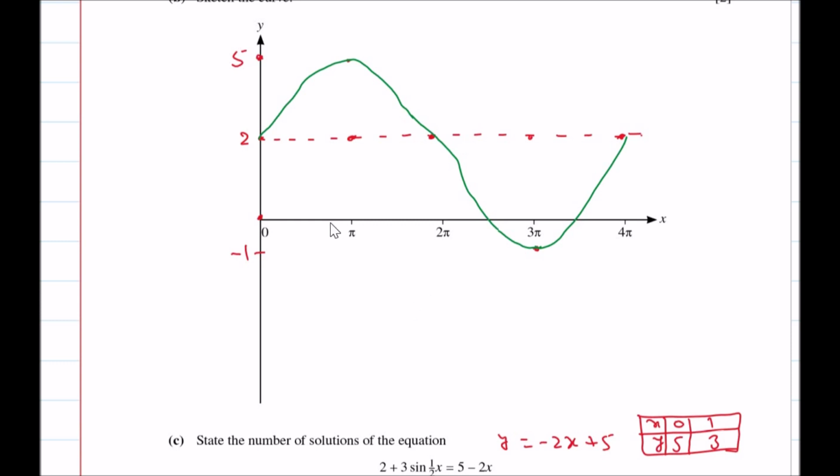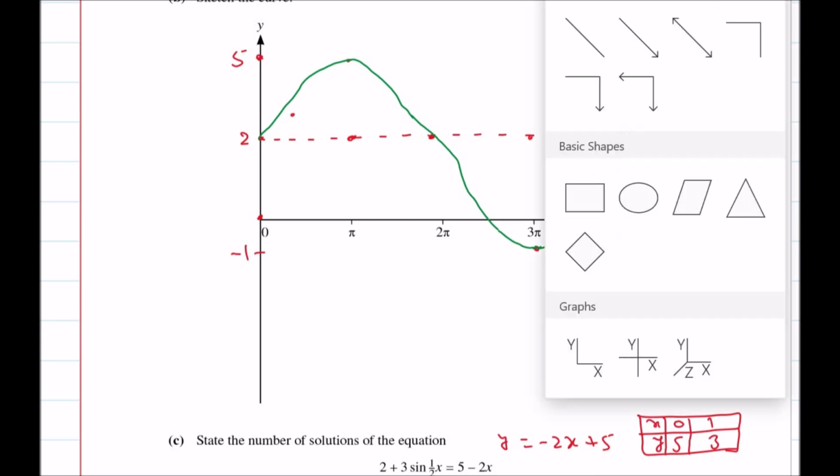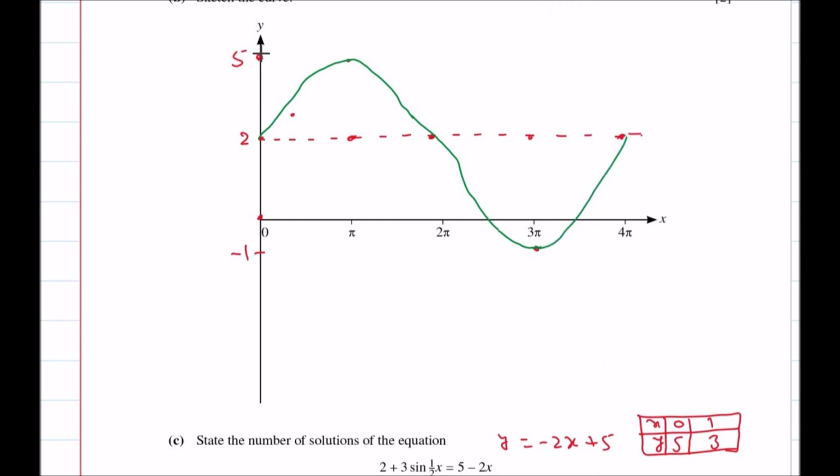So x equal to 1 means, see, 3.14 divided by 2, that gives us 1.5 something. That means this will be coming around here at 3. And then we will draw a straight line,